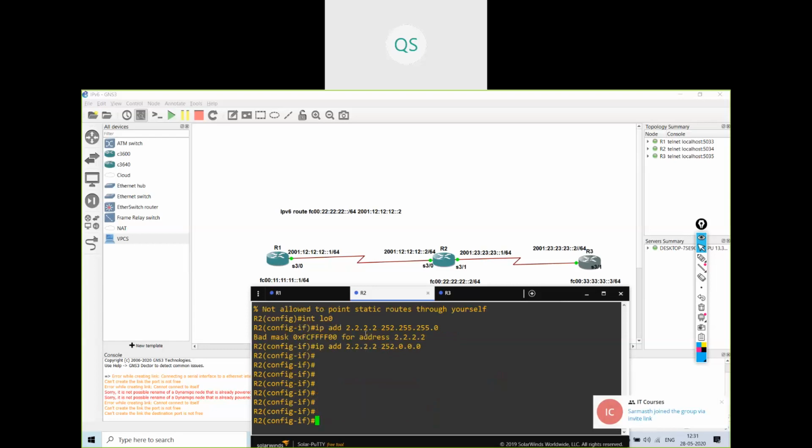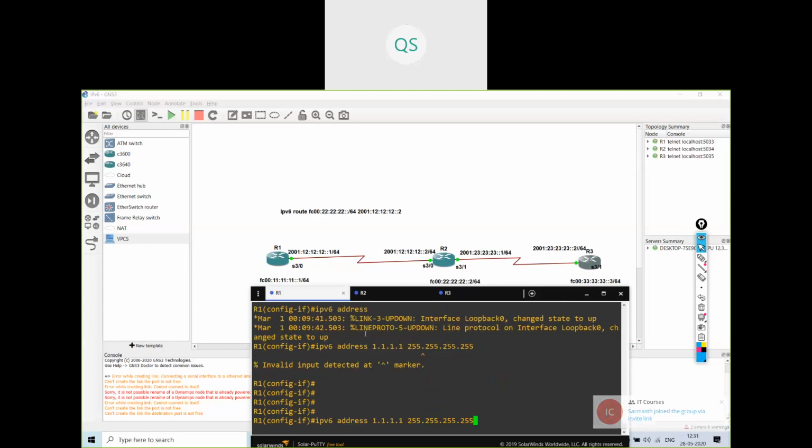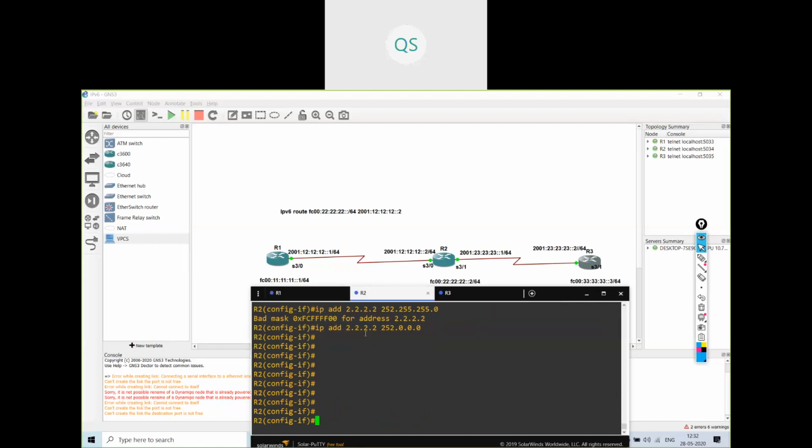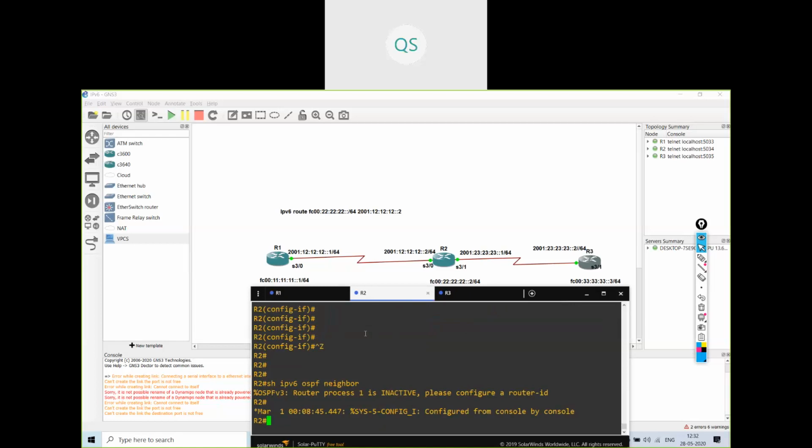It is giving me a bad mask. It should be 255 but I was giving 252. Show ipv6 ospf neighbors.